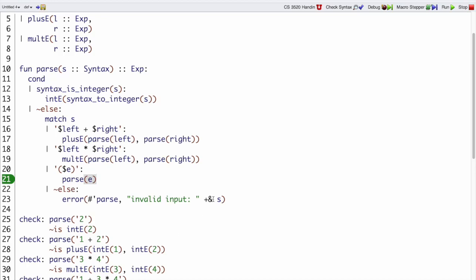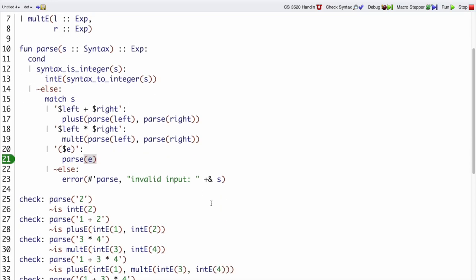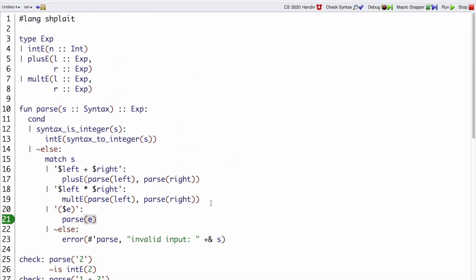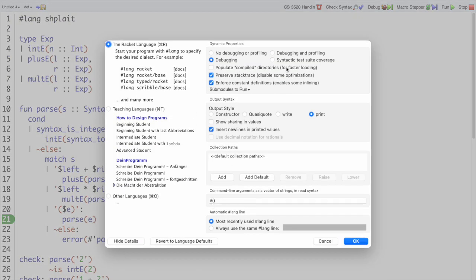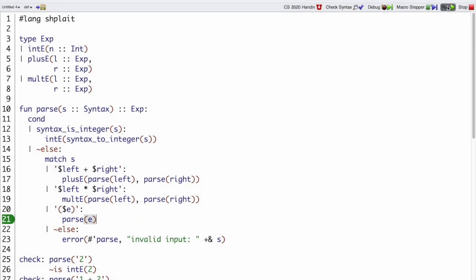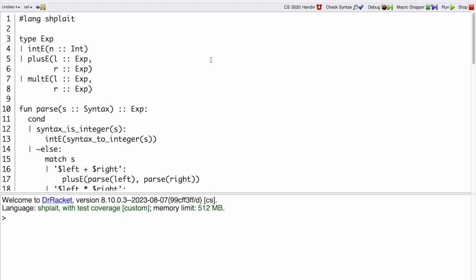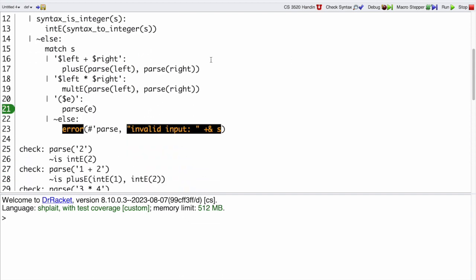There is one more detail that I should check. Even though all my tests are passing, how do I know I have enough tests? I'm going to go into the language dialog, turn on syntactic test suite coverage, run and double check. And in fact, all my code turned black, which means somewhere, yes, I see, I don't have a test case